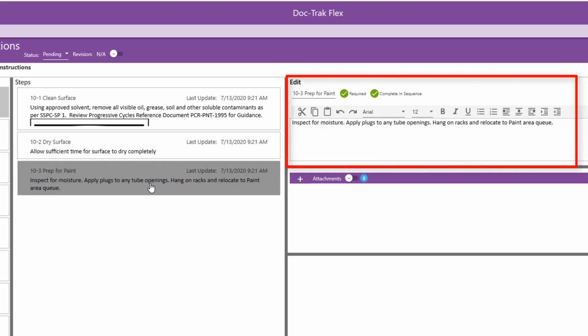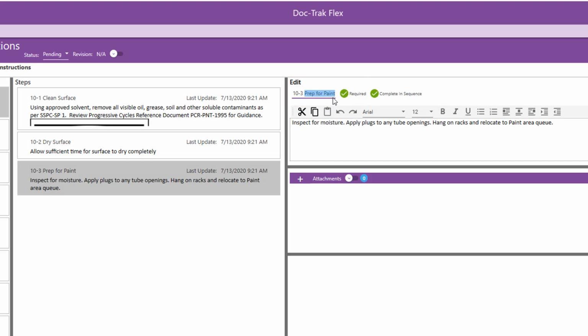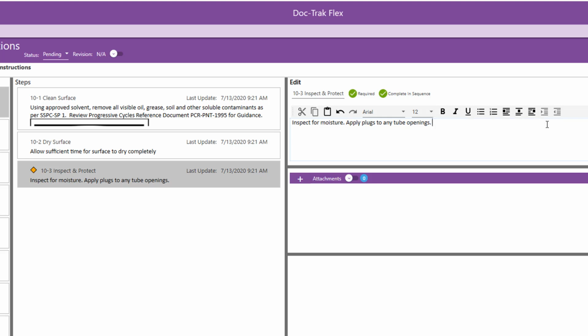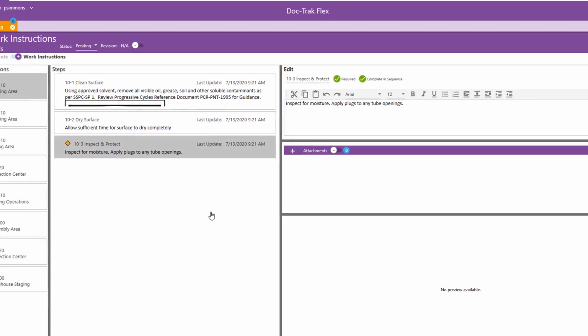You know, I think we should split the last one into two different steps. I'll change the description to Inspect and Protect. Then I'll cut the last sentence and add a new step.